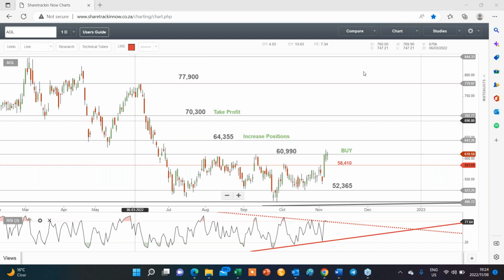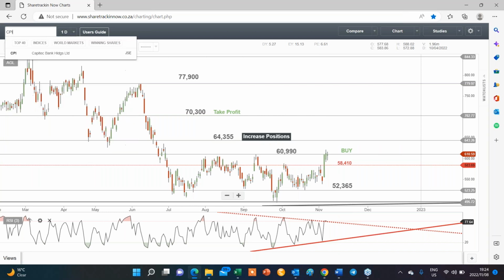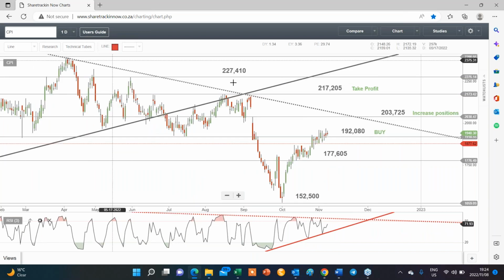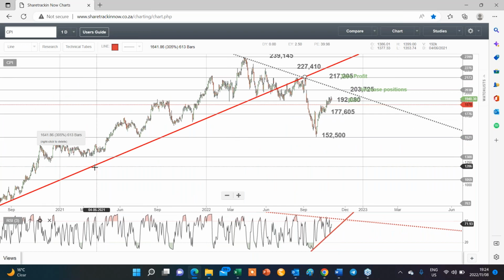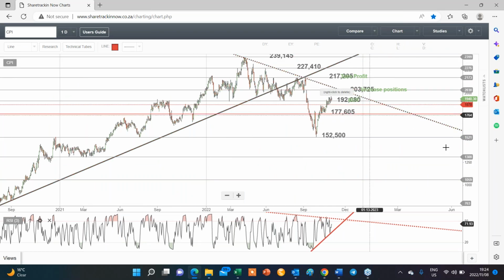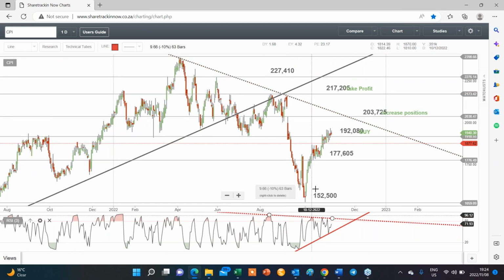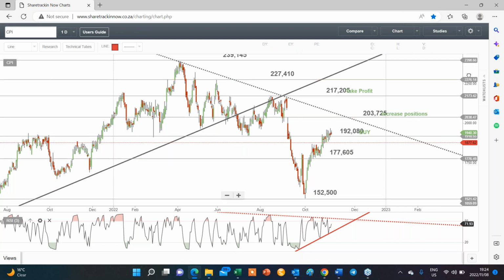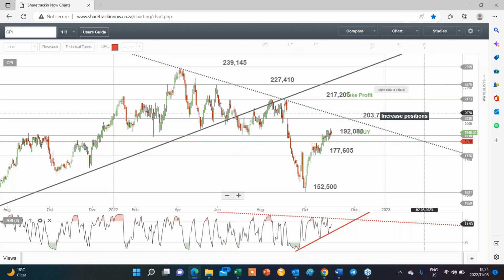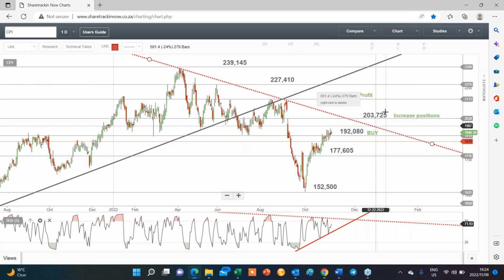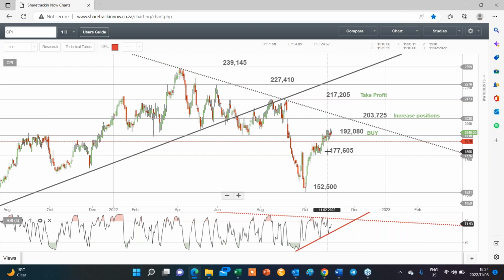Okay, all right, sure. So CPI, I don't want to waste too much of your time. With CPI, you can see it's broken out of its long-term bear trend, rather bull trend. And this was undoubtedly corporate information when it pulls back like that, besides the fact that CPI has been the only banking share that has been outperforming, and just its celerity of upside has been relentless. But we're seeing some upside around there, and it's giving us a buy